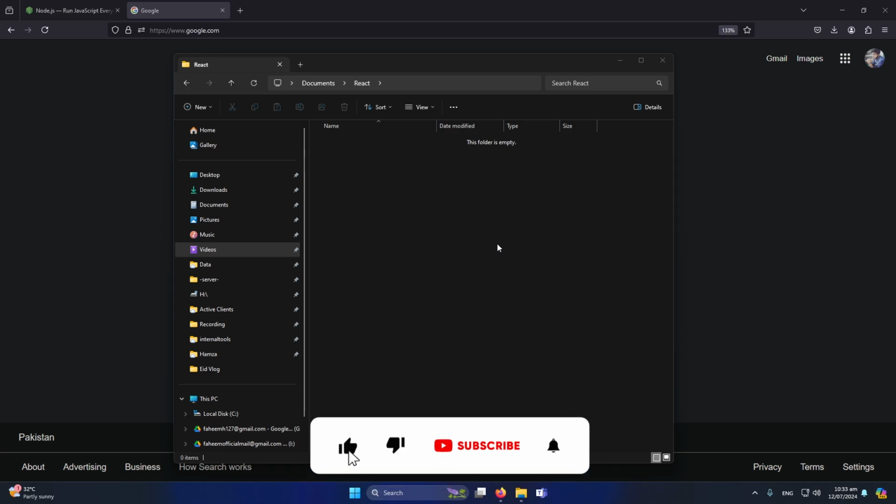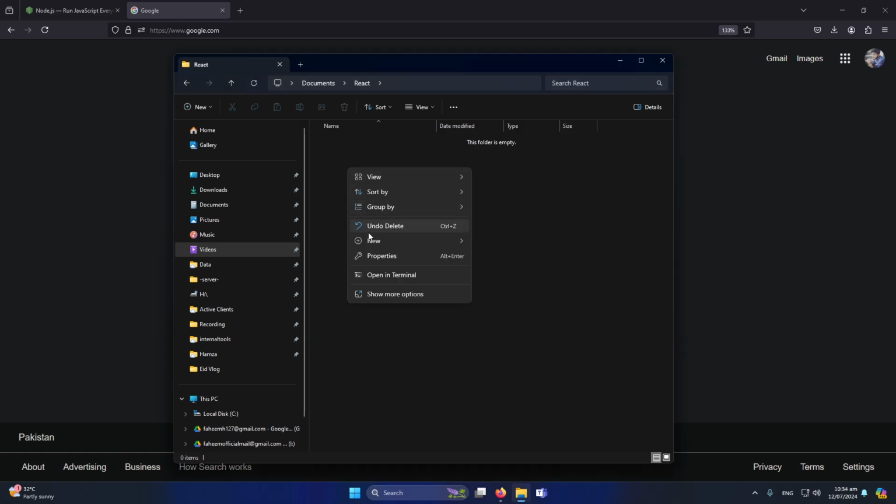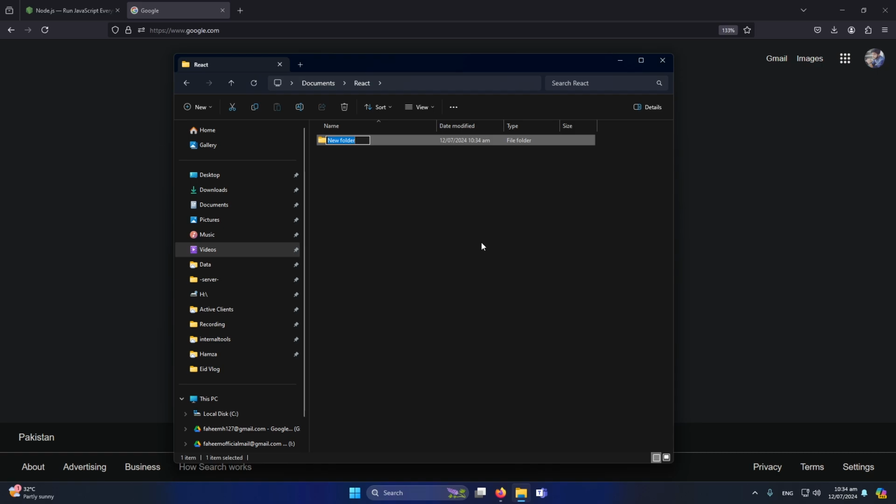So friends, first of all you can see that I have opened my computer, and inside this I have a folder named document. Inside this folder I have created another folder named React, and in this folder we are going to create our React.js project. To do this I will do two steps. First of all, I will create a new folder and I'm going to name this